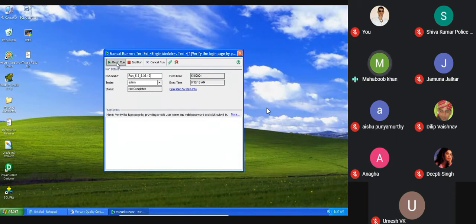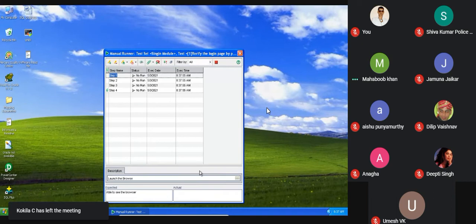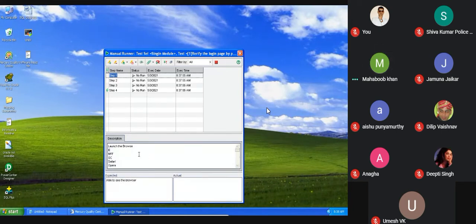Then Begin Run. Once you begin, you will be able to see all the test cases you have written. At the time of execution, you want to know the actual result. This is the description, this is the expected behavior, and this is the actual.